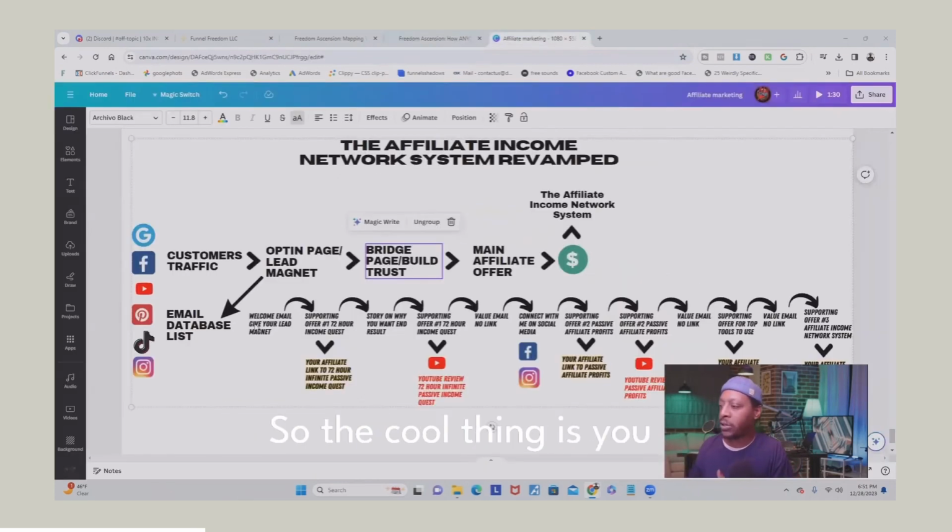So the cool thing is you see all of these emails. You won't have to create these emails from scratch. All these emails are already pre-written and done for you from within the software, and they're going to be automatically sent out from within the software. And we've actually given you a full year of done for you emails that are going to send out to everybody who opts in and promote multiple different products in the software.